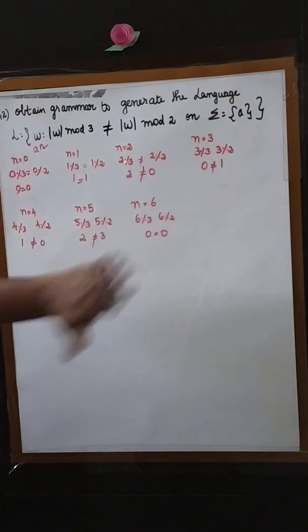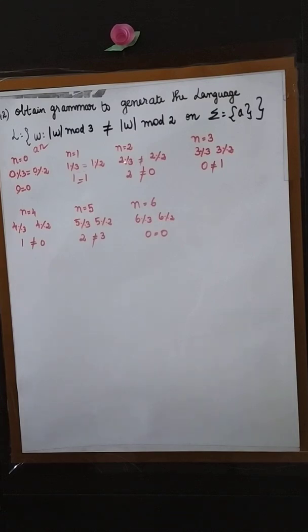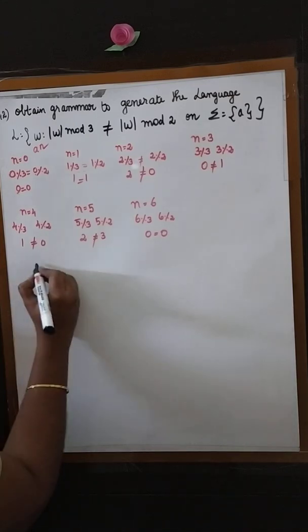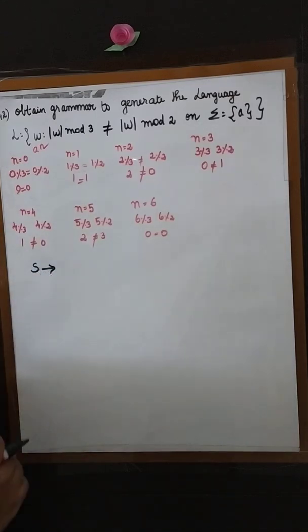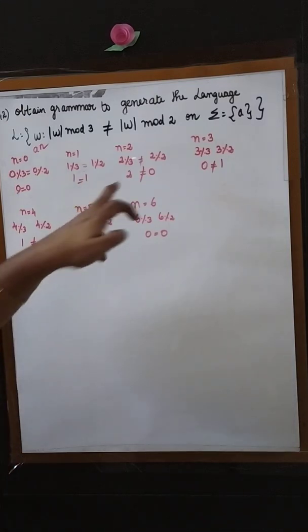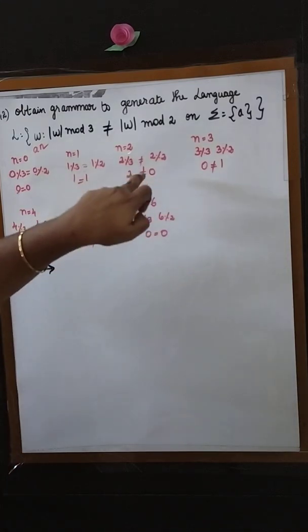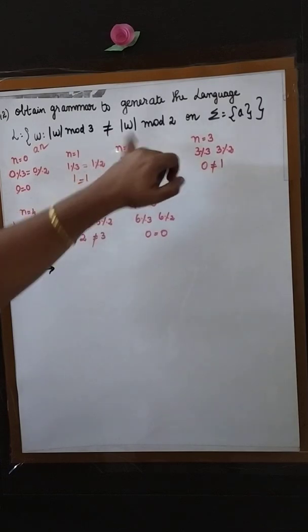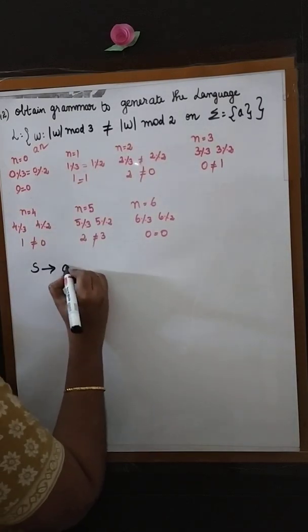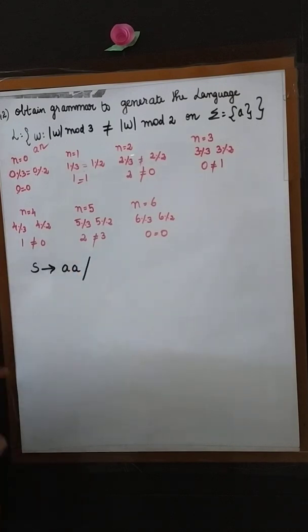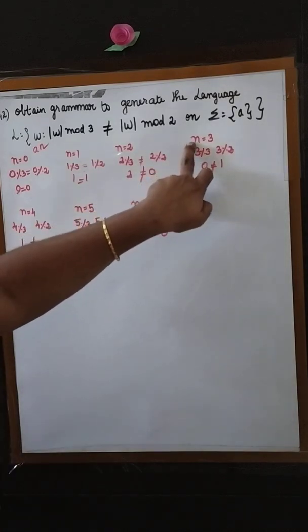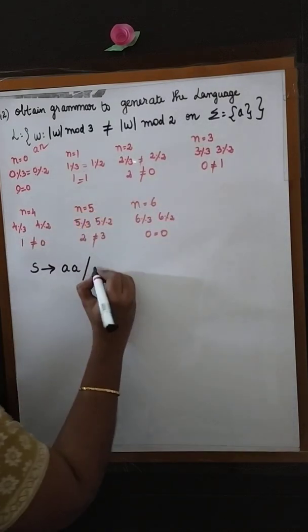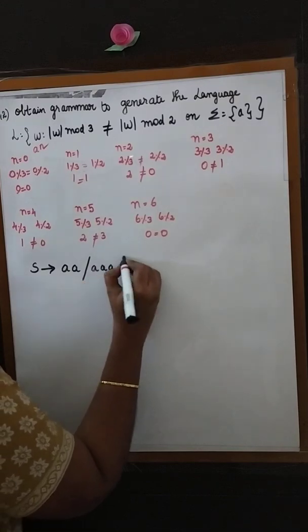So this is the thing we have derived. Now for this we have to generate the grammar. I have to take whichever is not equal to z, whichever is not equal, right? So this part is not equal. For which n? 2 times. So I have to write a 2 times. And next when n is equal to 3, it is not equal. So I have to write a 3 times.